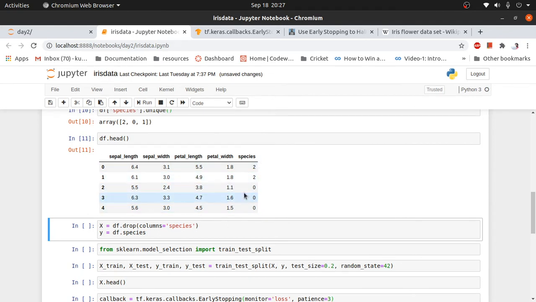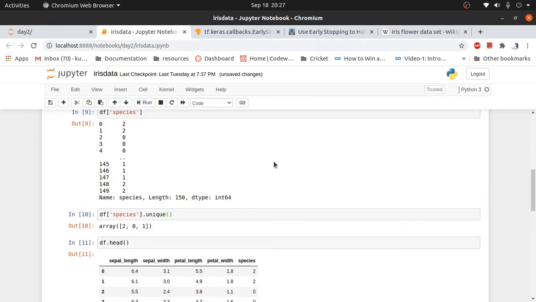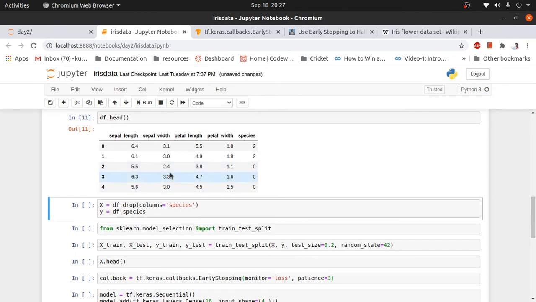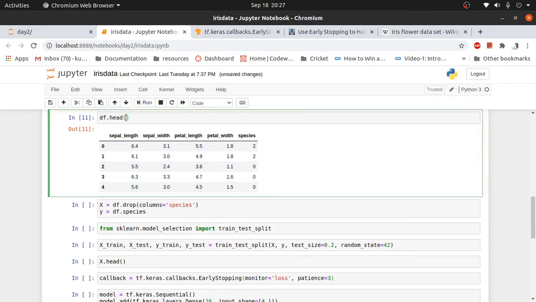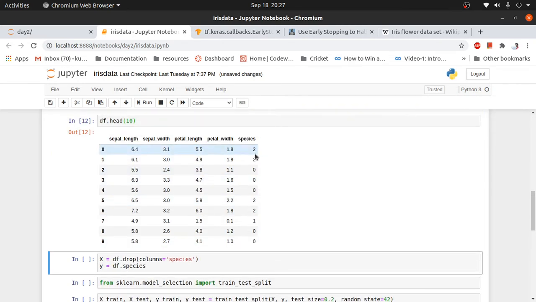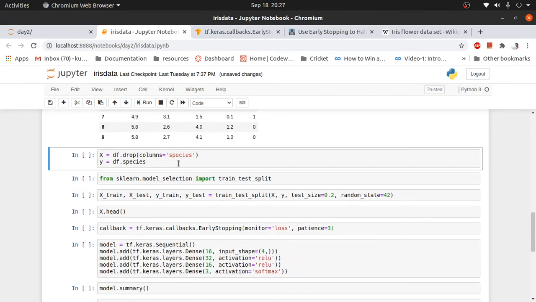Okay, so here we can see that now the dataset is shuffled. We have two samples from this class, which is virginica, and now this is versicolor, three samples of this. Let's see 10 samples to check if our dataset is properly shuffled. Yes, we can see that two of this class, three of this, two of this again, and some other. So now we can move forward.